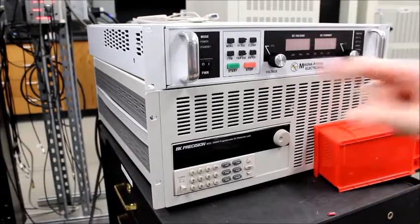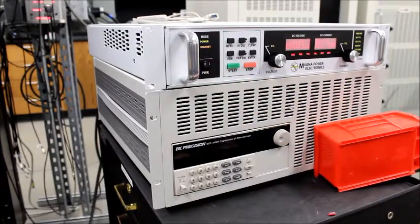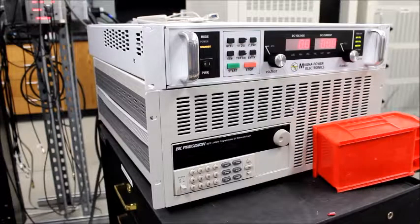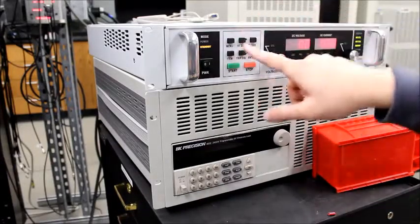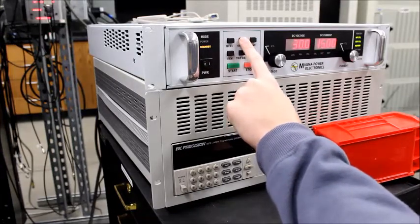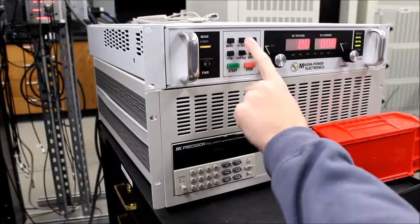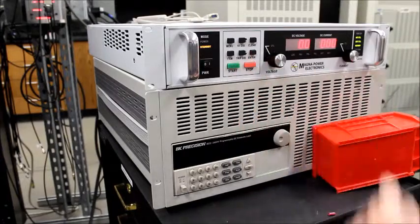Okay, so I'm going to go over the DC power supply first. Turn that on. Okay, you'll notice that it says standby in orange. That means that the output terminal is not turned on right now. If we press the V/I DIS button, it will display what the voltage and current settings are for when we push the start button. So you can set up what you want before pushing the start if you want it to come on to